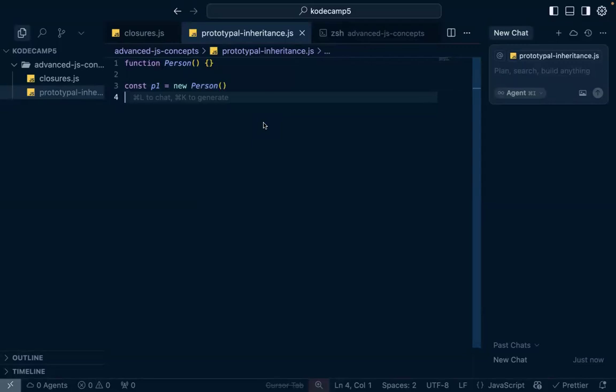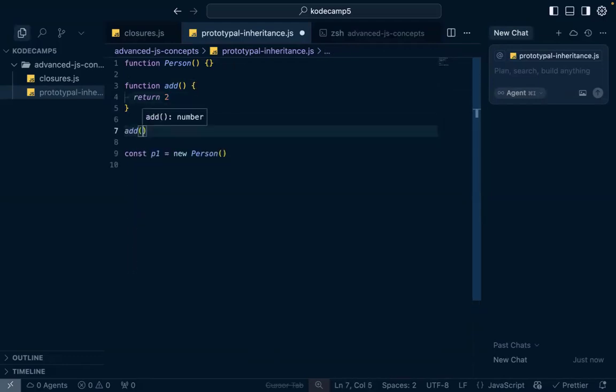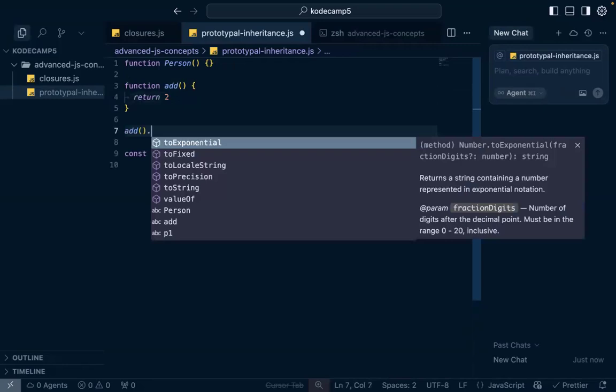So every function has a prototype property, but only constructor functions use it meaningfully. You understand what this is? So if you declare a function add, and let's say you return 2. Just say return 2. And then you come over here and you say add, and then you do something like this. Can you see this? This is what it basically means. It means every function has a prototype. So when you do this,